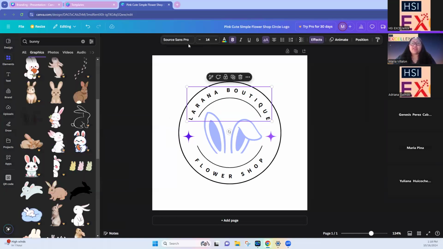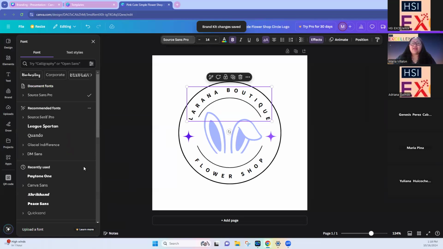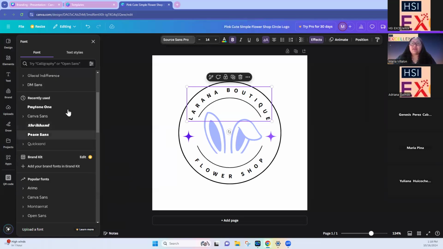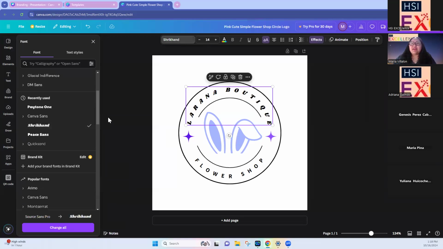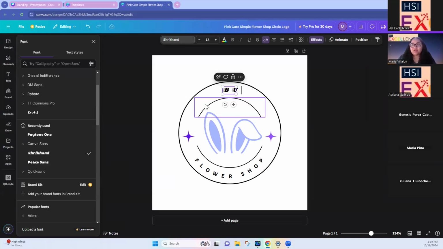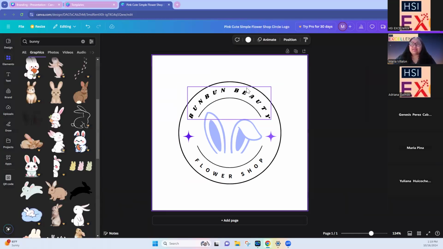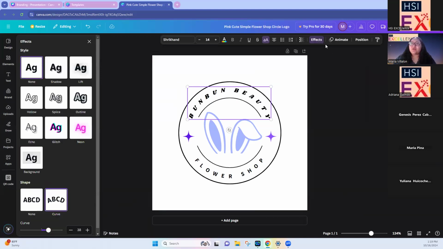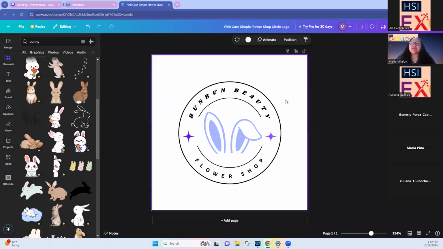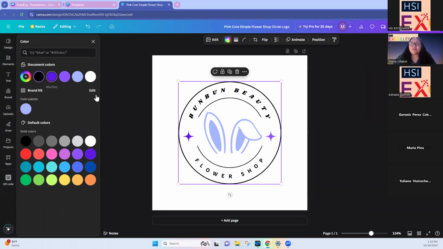The font you can change the same way. Once you click it, you would go here. You could go to, let's see, if you want to do something like this, and then to change it, you would just type in something, your name, and then this is set to have an arch on it. So you would go to effects to see what that looks like. It's really just about playing around with the different settings they have and figuring out what you want your logo to look like. That's why I recommend looking into the other ones beforehand, because when you come here to a website that's a little bit more advanced, you have an idea of what you're looking for already.